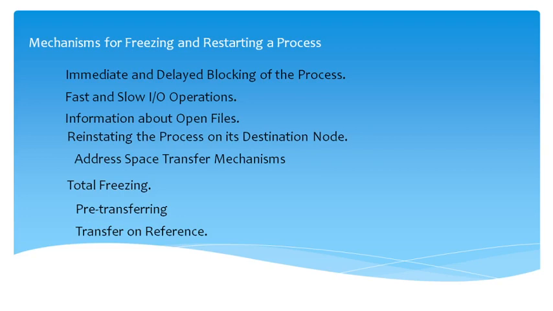So a process can be frozen after the completion of all fast IO operations, or if it is not feasible to wait for slow IO operations, then we should choose some pipe or terminal in order to convert them after process migration. And the third mechanism is information about open files. A process state information